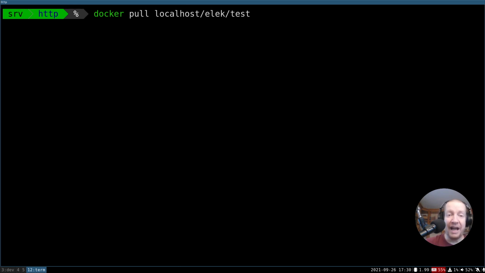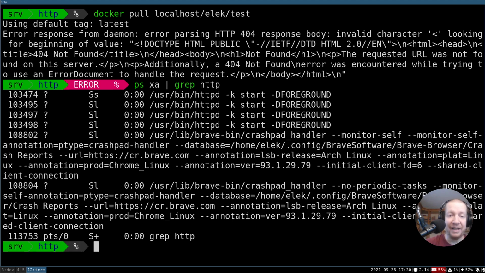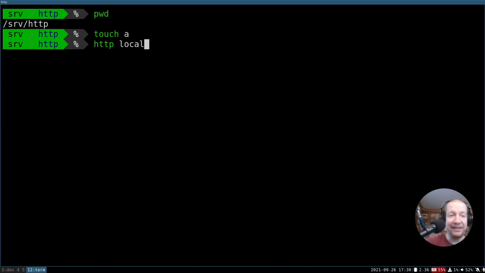Here I have an Apache web server which runs locally, but the image is not yet there. So we can just check if it's running, and I have a lot of HTTP. So let's try to do it. I'm in the directory of the web server, so I can do anything, and in that case it will be